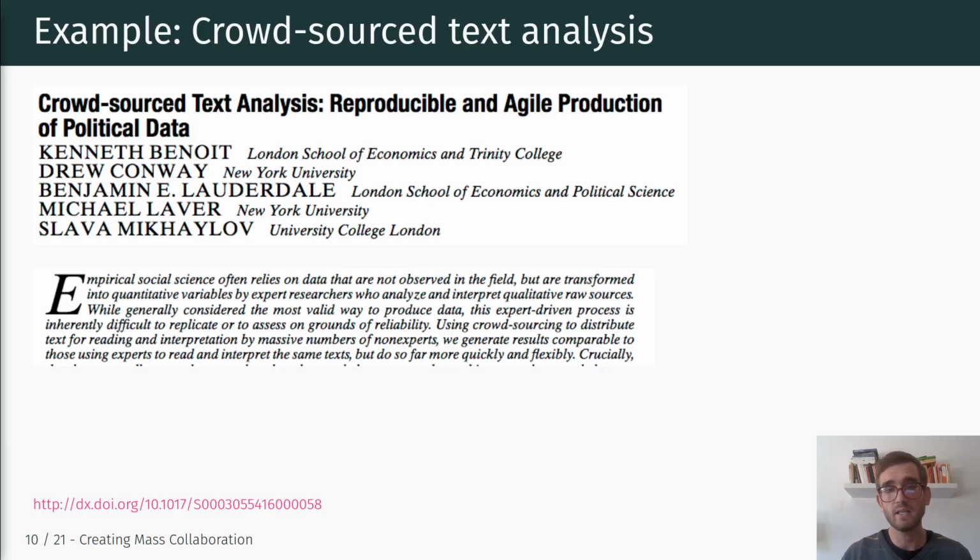And so we can talk a little bit more about the details of this paper in the Q&A session. But essentially, what they're looking at is party manifestos and classifying party manifestos as left or right policies on economic and social dimensions, right? And so usually, traditionally, this has been done by experts